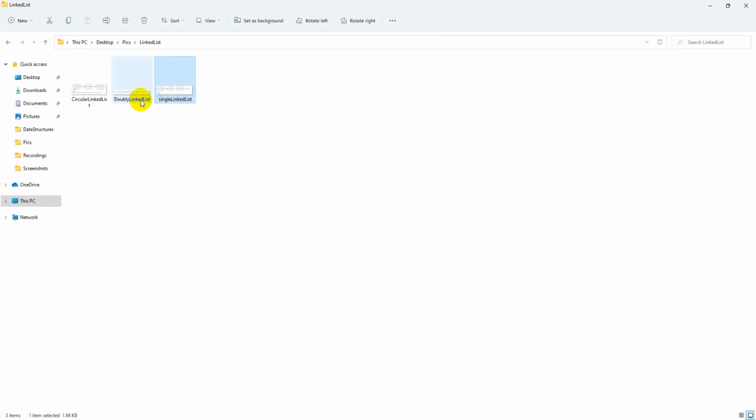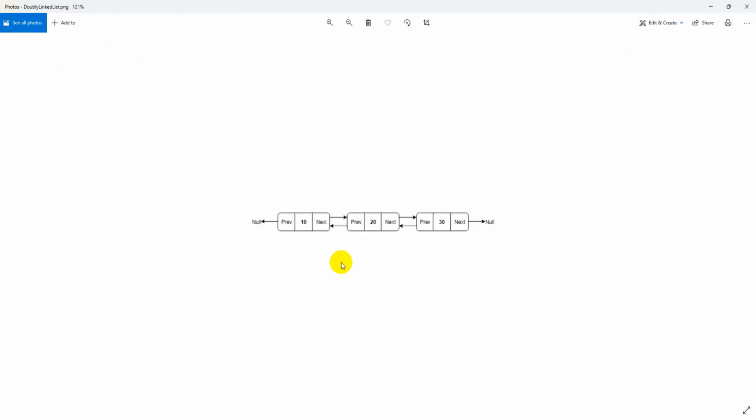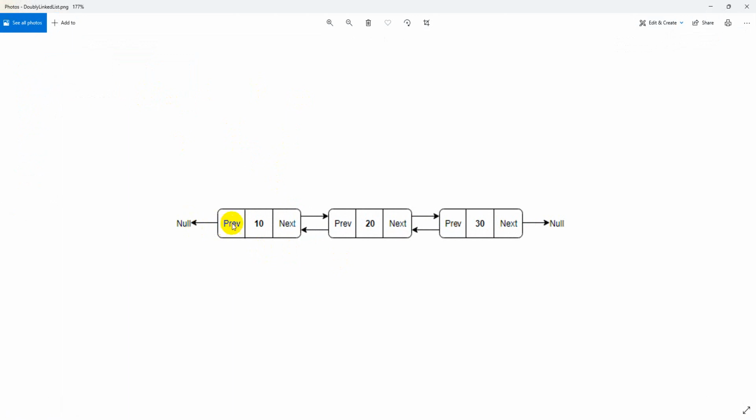Now we have another, the double linked list, where it is going to store two things. It will have the previous address and the next address too. The previous address will be null for the first element, and the next address will be null for the last. These two got connected by storing previous and next addresses. At this element previous will be null, next will be the address of this 20 element. Now the previous address, the address of the 10, will be stored here, and the address of the 30 will be stored here. This is what is called a double linked list, where you can find the address of the previous and the next element. With the help of them only you are able to implement the collection.